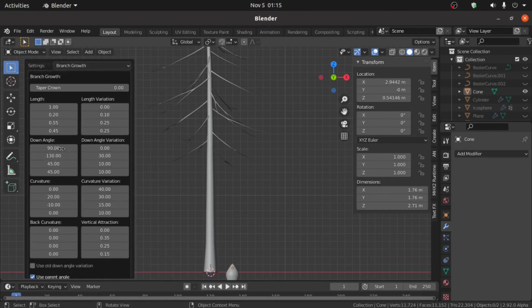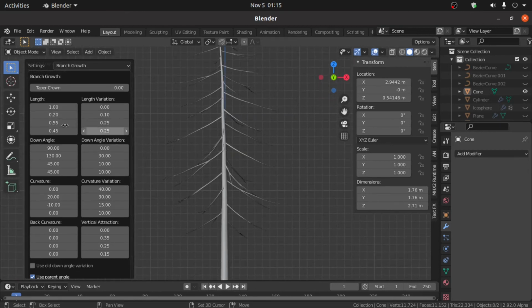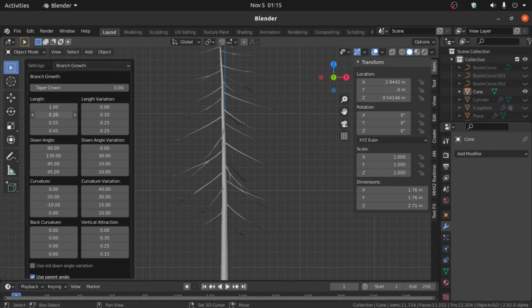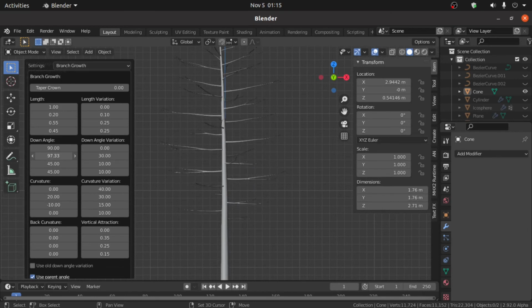Now we have to play with this value. First we can play with this value like this if you want to increase and decrease its length, and also change its angle value, something like this.